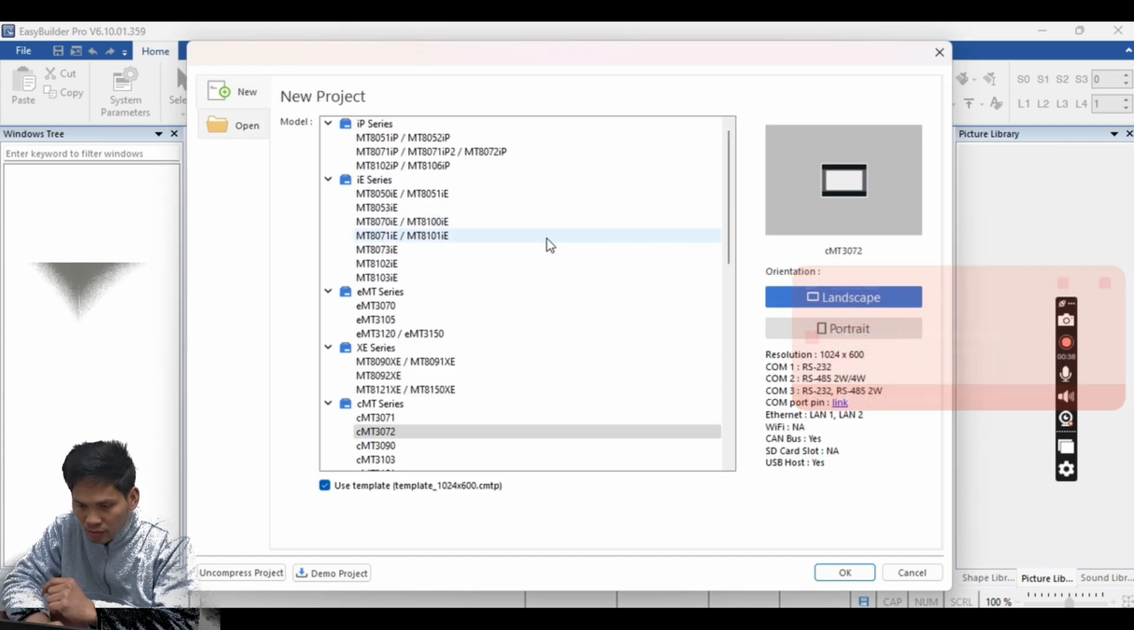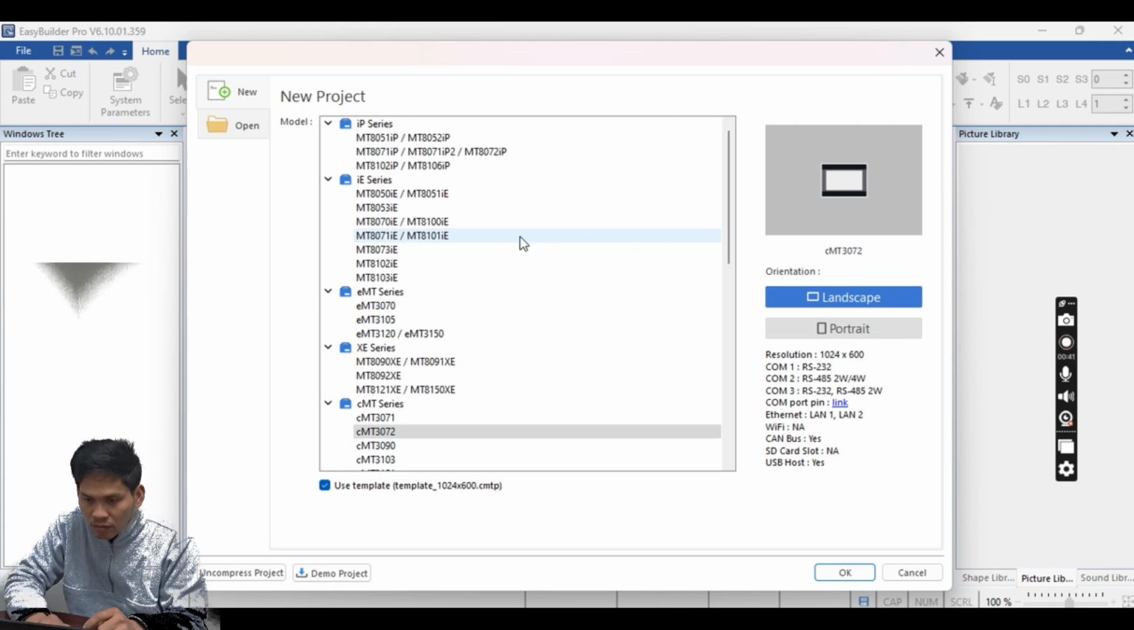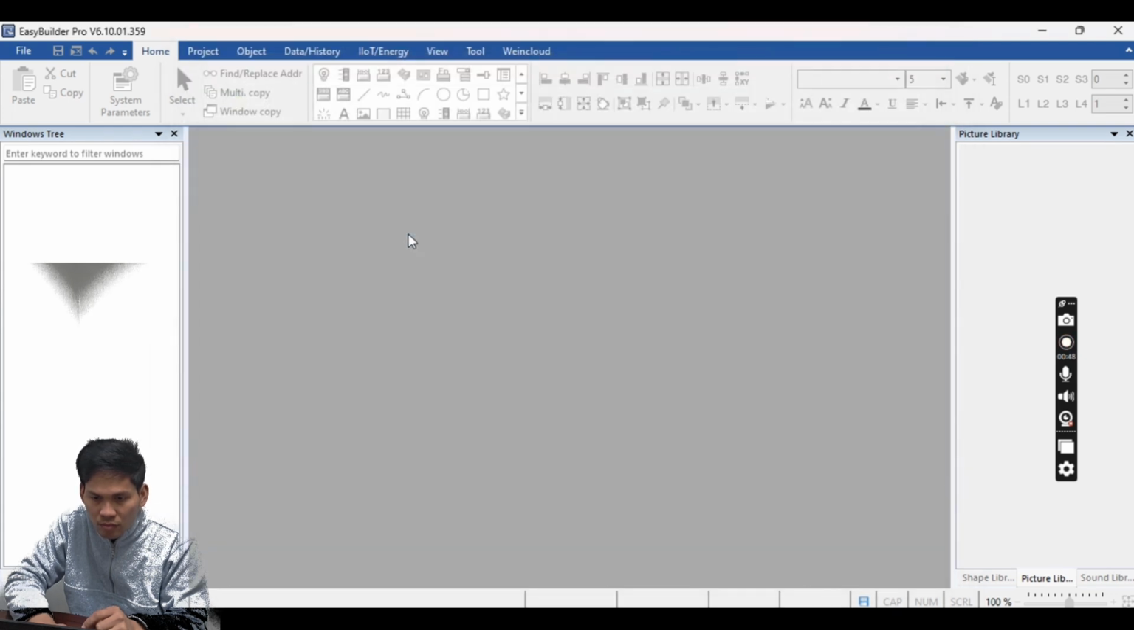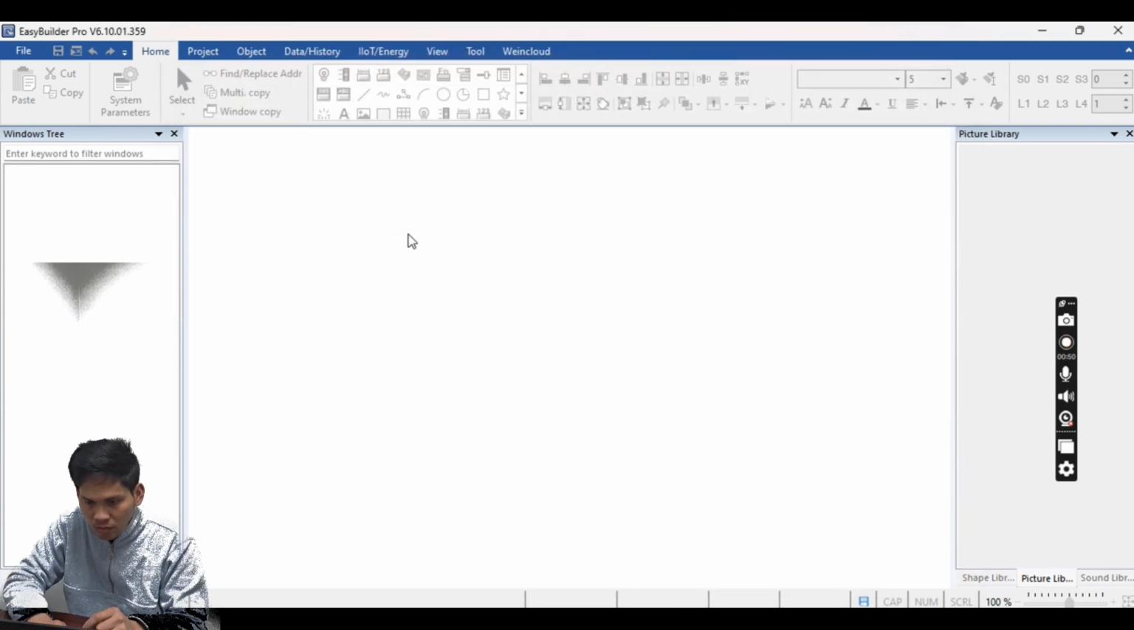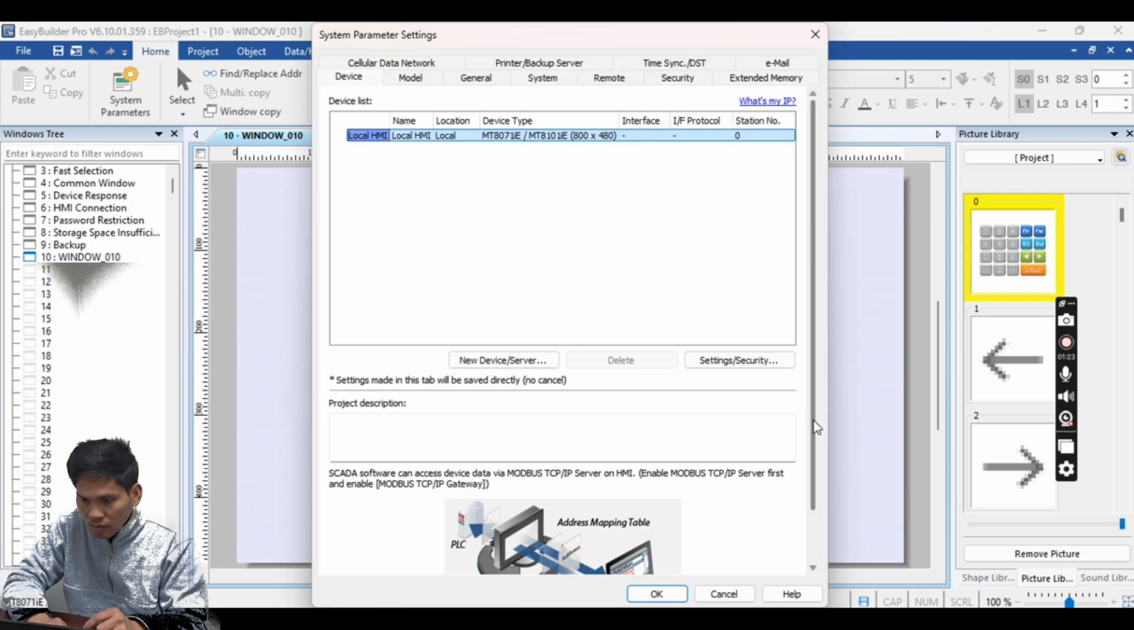This is the screen that we are gonna use. So it's Wintec, and it comes in different sizes. For us, we're gonna use this IE series HMI panel. Just click it. It's already open. As you can see here at the top, there's a system parameter setting. So we have our local HMI. This is the device type, and by doing the system parameter setting,